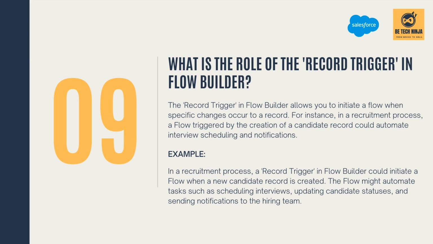occur to a record. For instance, in a recruitment process, a flow triggered by the creation of a candidate record could automate interview scheduling and notifications. For instance, in a recruitment process, a record trigger in Flow Builder could initiate a flow when a new candidate record is created. The flow might automate tasks such as scheduling interviews, updating candidate statuses, and sending notifications to the